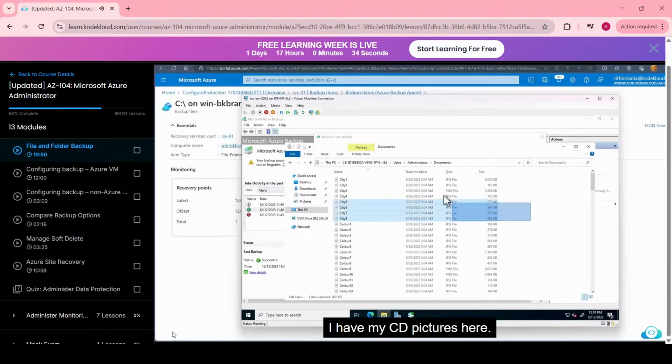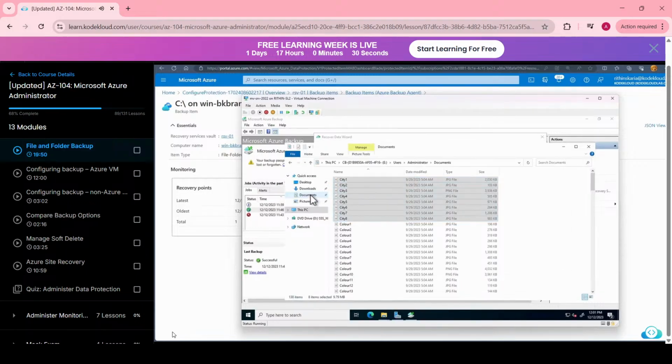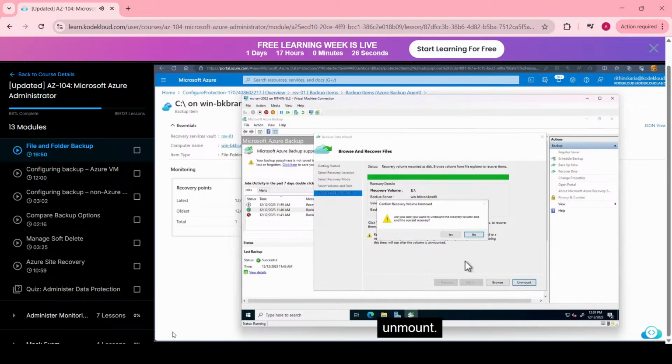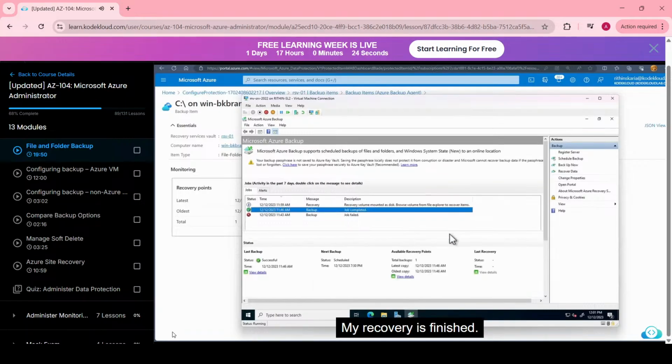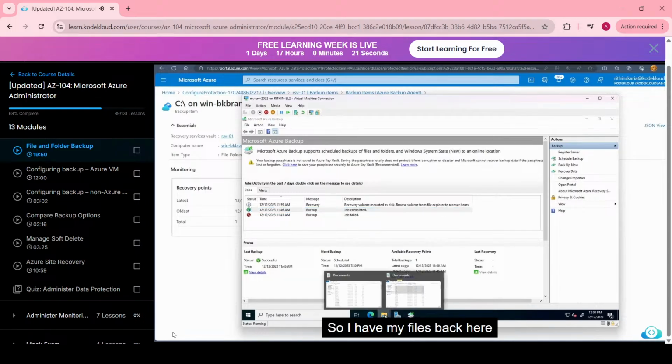So the mounting is done. This will be available for almost 6 hours. If needed, I can extend. Let's say I have a lot of files that I need to recover, then I can extend it up to 7 days. So I can click on browse and this will launch a folder here in my this space,